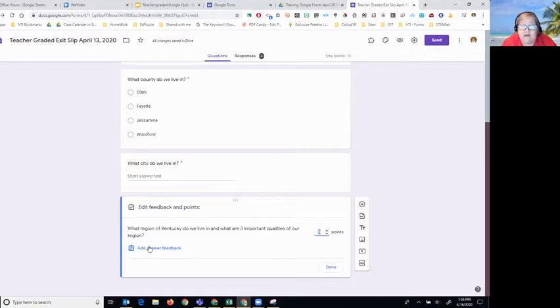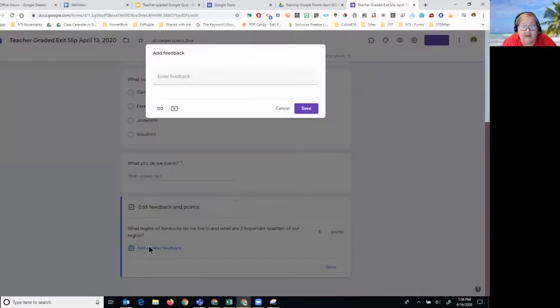So when the student clicks submit, if I want them to see the answers right away, I can do that. But usually when there's something in here that needs to be graded by the teacher, I don't return the form until after I've graded them all and looked them all over. But if I wanted to give feedback to the student so that I didn't have to give them back all individually, I could add feedback here, and I could say these were the 5 things I was looking for. I was hoping that you would give me at least 3 of the 5 or something like that. So you can add feedback, and it's worth points, but there's no place to put what the right answer is, and for the computer to